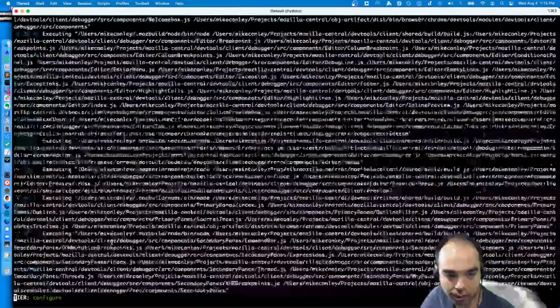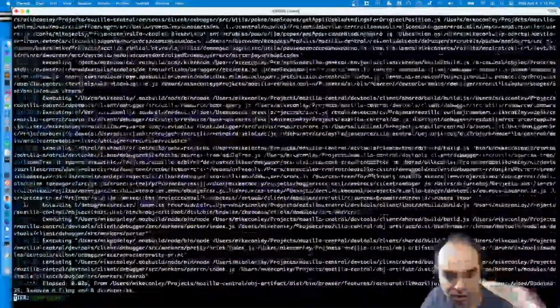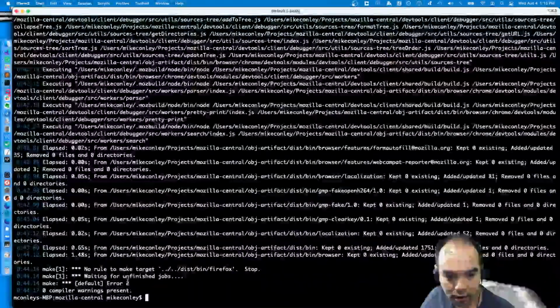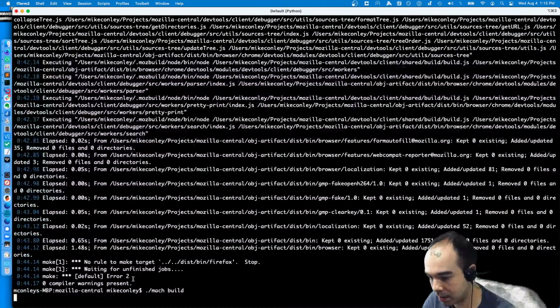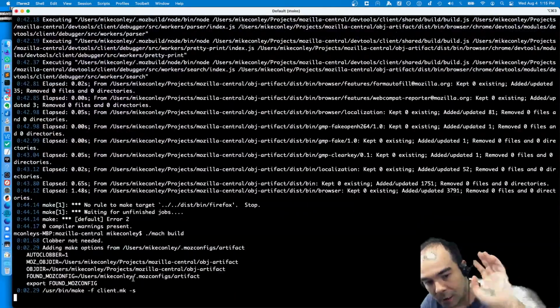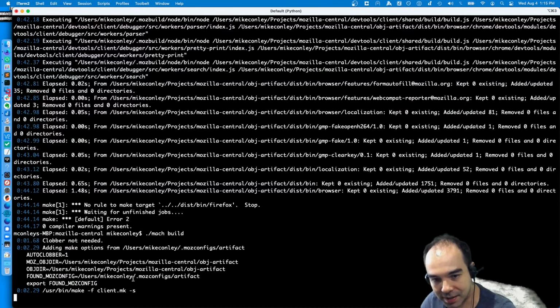Configure's done. We're going to pull down all these artifacts or something. Configure. Oh, doesn't like it. What's going on? Oh, because I said mock build faster. No, just mock build. So if you do a clobber and try to just do mock build faster, I think it doesn't like it. Maybe I'm wrong about that, but it was very upset about this just now. I'm going to do normal mock build. And because I've set myself up in artifact mode, that's going to go ahead and download those artifacts. I would have thought that mock build faster would have done it, but